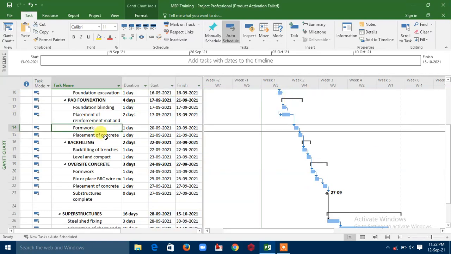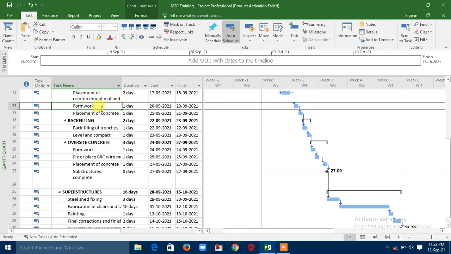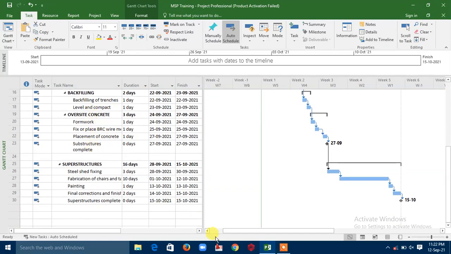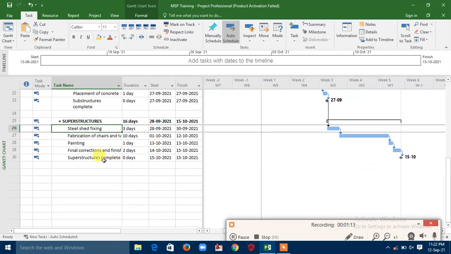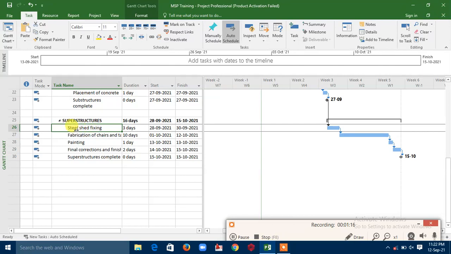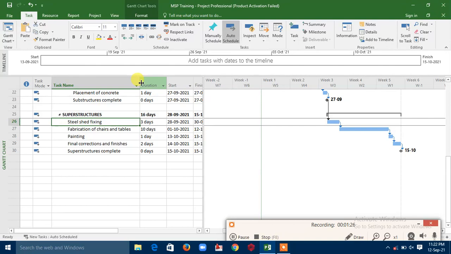Then formwork, I don't think all this should happen sequentially. Then when you come here, you can actually start your steel bar fixing the same day with your fabrication of chairs and table. So you can actually change the